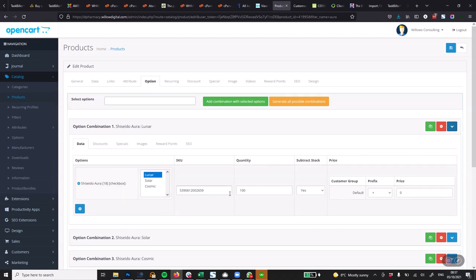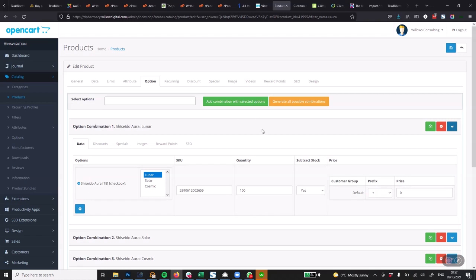It has this SKU, this quantity, and we're using an automated script to update the quantity and the price. So if the price doesn't change for the product from the base price, then the plus price is 0. If the price does change, then you would put in the additional price here. Because we're using